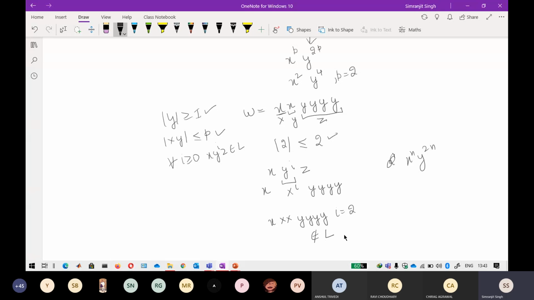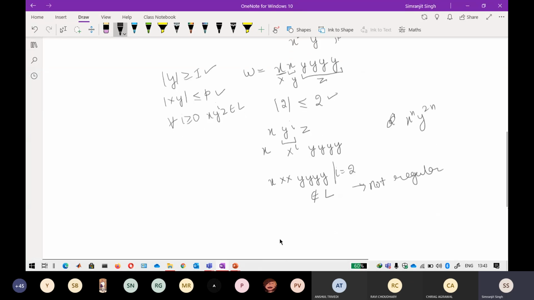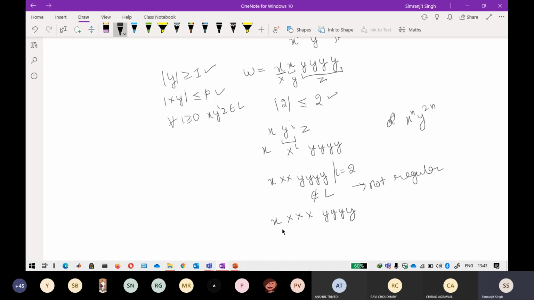Okay, now you have found your first string that does not belong to the language. By pumping with i equal to 2, you can directly say that this is not regular. So there is no need to check any further strings. If you find at least one such string, you can directly say that this is not a regular language. Okay, again for your reference, I can check it again: I can raise it to the power of 3, and still it does not belong to the language, because if the x's are 4, then the y's should be 8 here, so that also does not belong to the language.